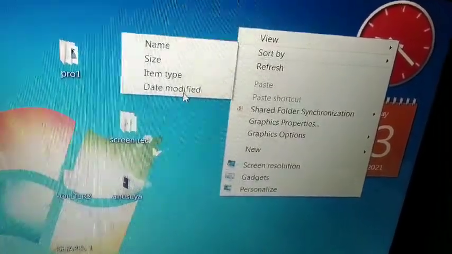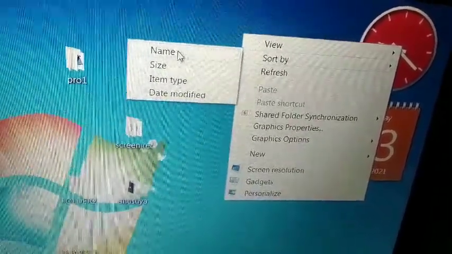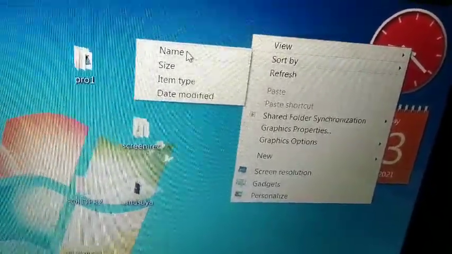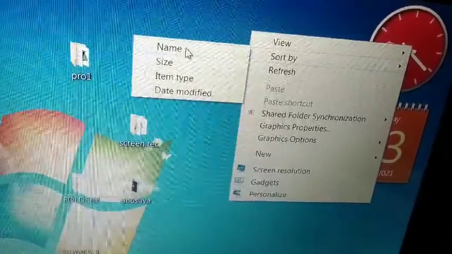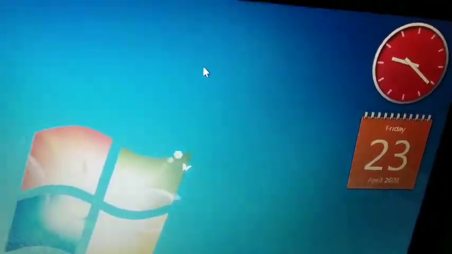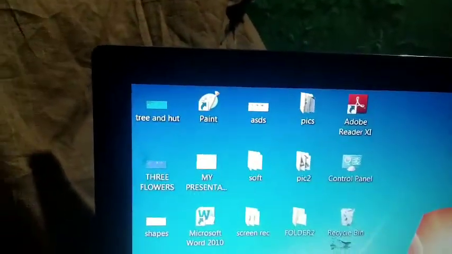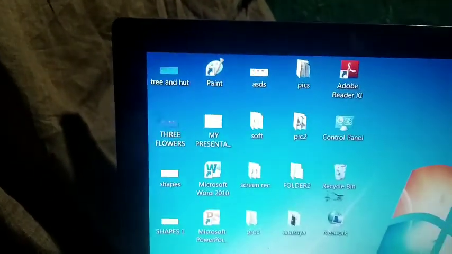So here, I am going to sort according to the name. I am going to arrange these icons according to their name. Click on Name. Now you can see the icons are arranged.